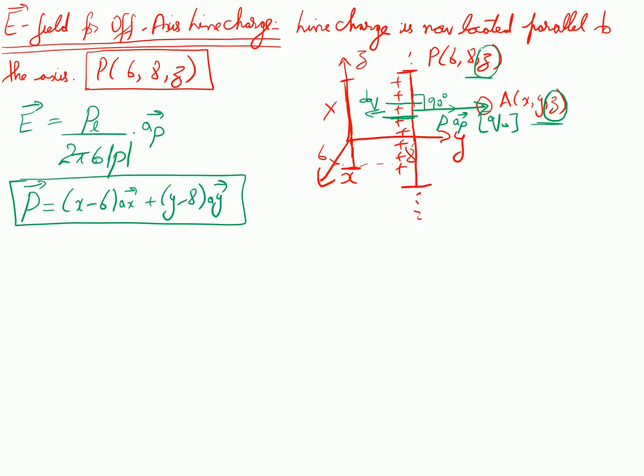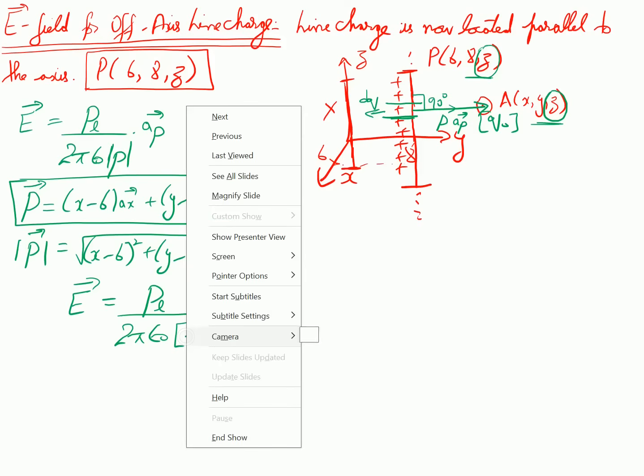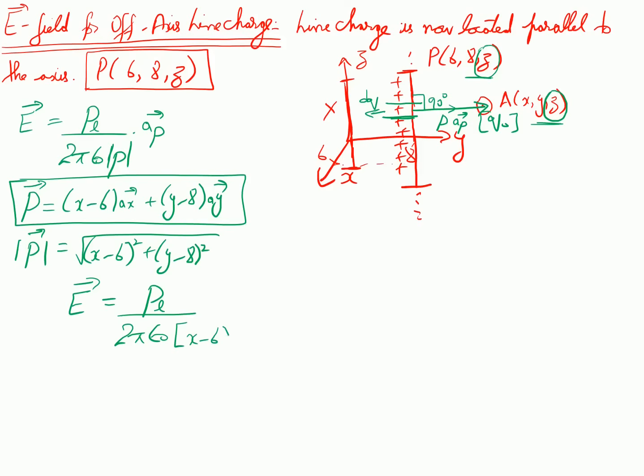So this is the ρ vector, and now if I want to find the absolute of this ρ vector, again I'm going to just square the scalar quantities. So in this case, it is going to be √((x − 6)² + (y − 8)²). So this means my electric field equation with all the parameters comes out to be ρL divided by 2π ε₀. Now input the value of the absolute ρ, that comes out to be (x − 6)² + (y − 8)²,